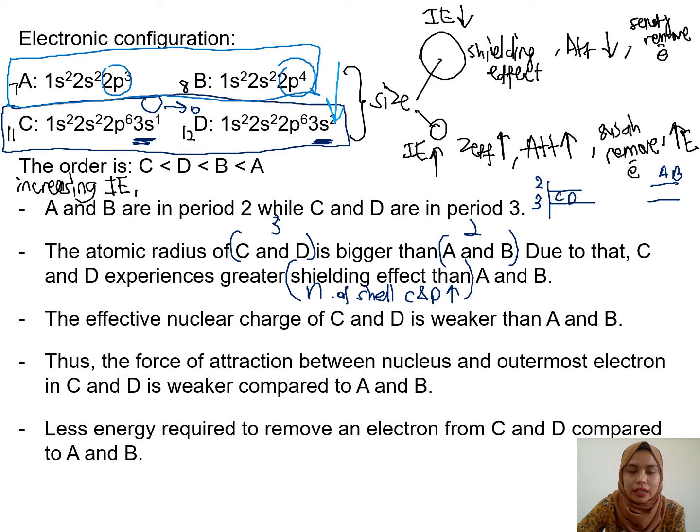Okay, and the effective nuclear charge untuk C dan D dia pun weaker daripada A dan B sebab A dan B ni saiz dia kecil, so that's why A dan B dia punya effective nuclear charge dia tinggi. Okay, therefore the force of attraction between nucleus and the outermost electron untuk C dan D ni dia weaker compared to A dan juga B. Okay. So bila force of attraction between nucleus and outermost electron weaker, therefore you perlukan kurang, senang kan nak remove electron, therefore senang, easy to remove electron